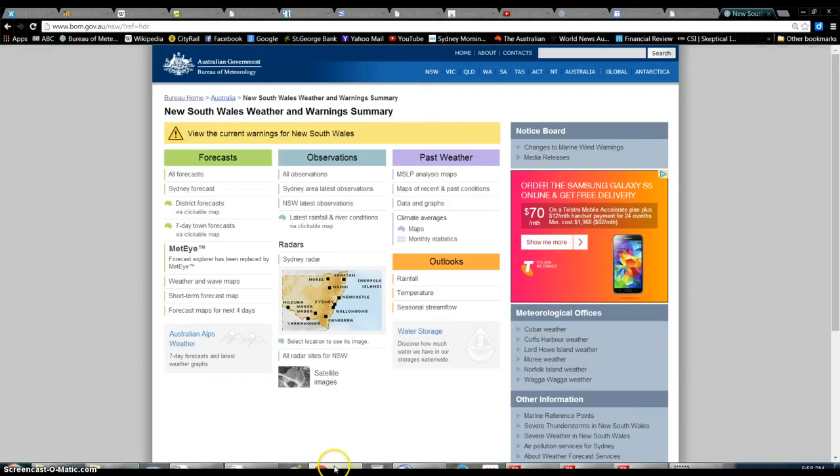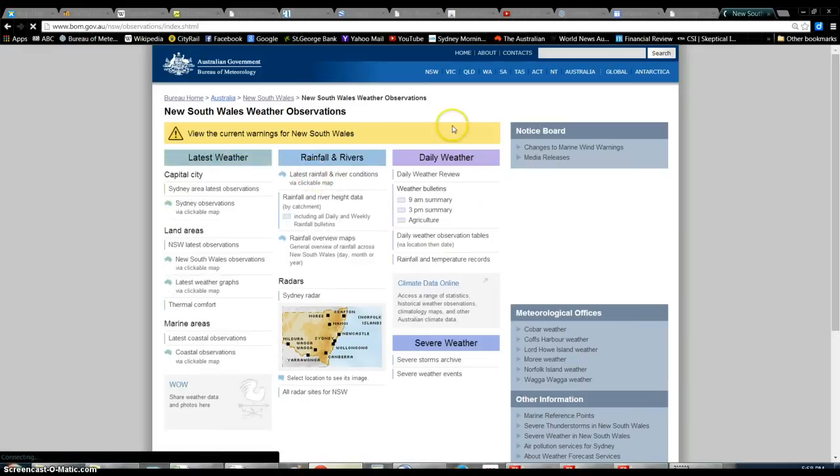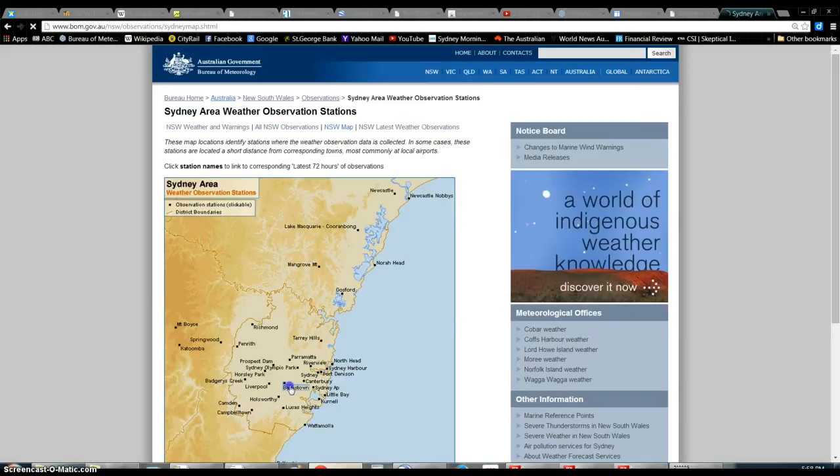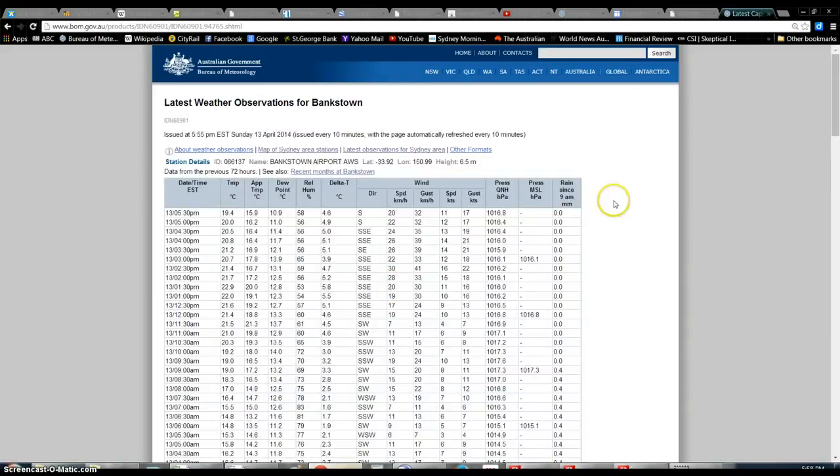We're going to get it from the Bureau of Meteorology website. So usually we'd be up here in the forecasts, see what's happening with the weather, but this observations section is where the actual data is displayed. So we're just going to have a look quickly at some observations, for example, Bankstown. So this is data that's coming in today,